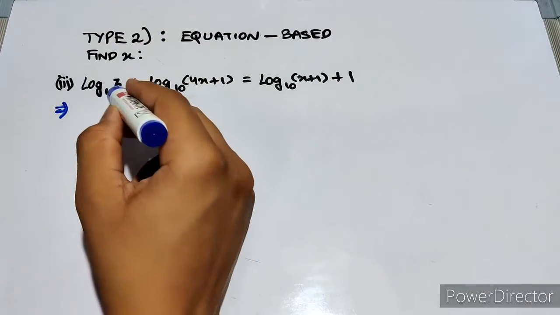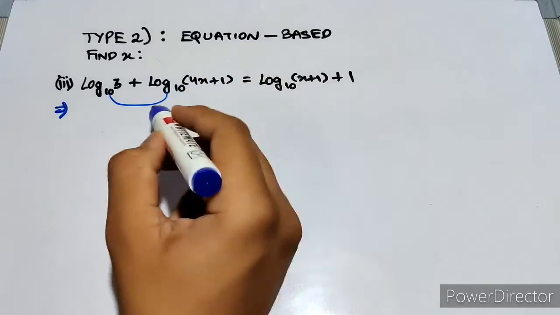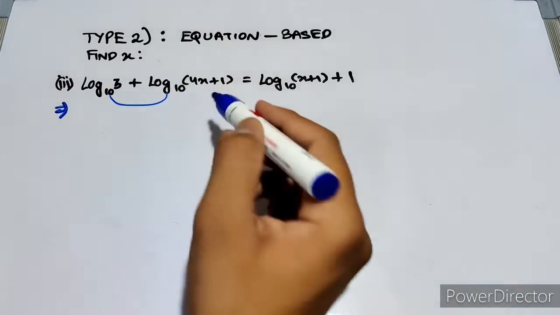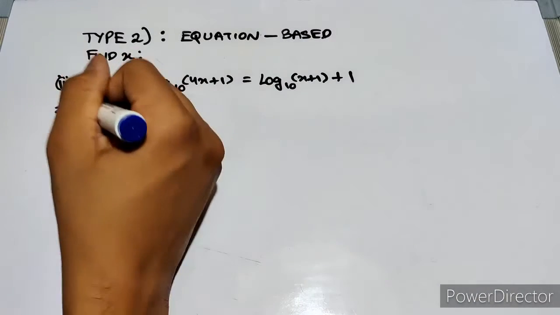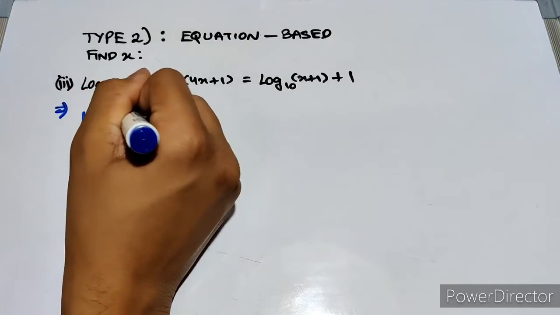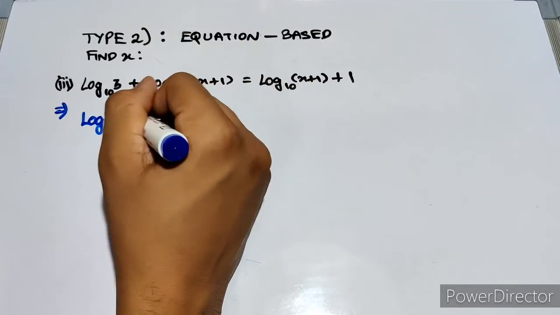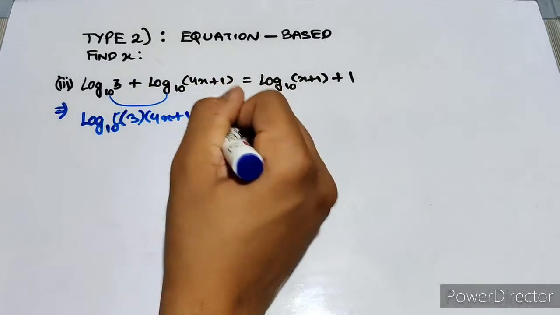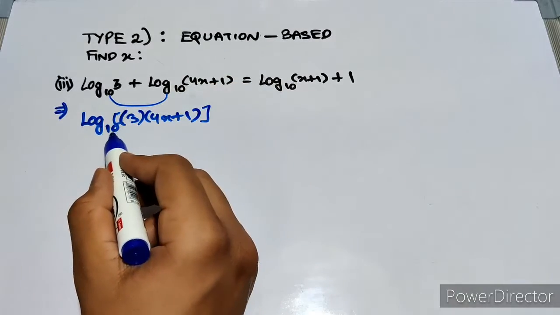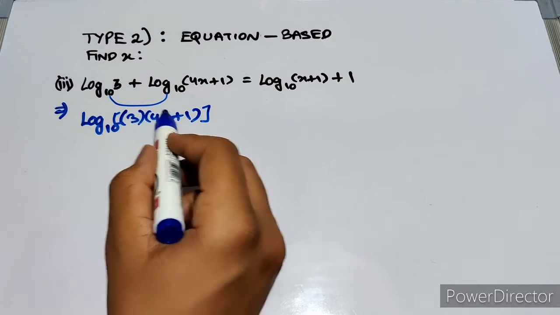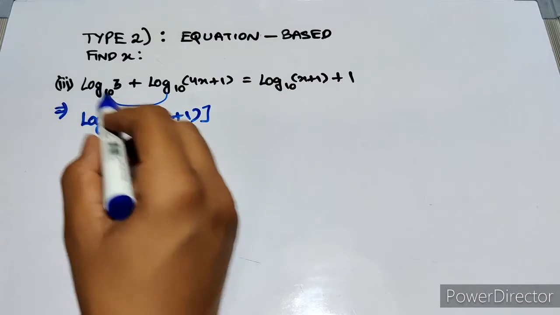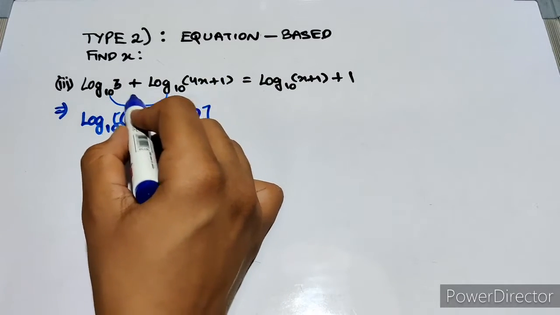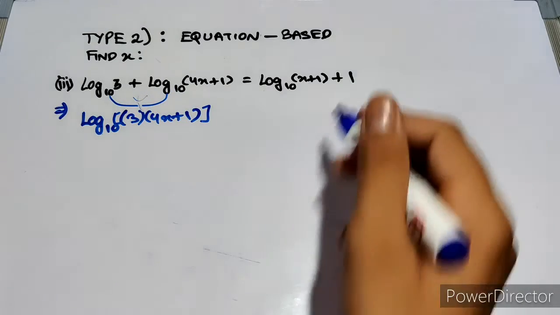Here we also know that if the base is the same, then the multiplication thing can be broken into addition thing. So here we will use the reverse of that multiplication property by putting base as 10 and multiplying 3 and 4x plus 1. I think you got what I have done. Just reverse this thing. If we have the base 10 and we have to break this multiplication into a sum, then we will do the same thing. We will bring this here and here. Similarly, we have done the reverse of the actual property.